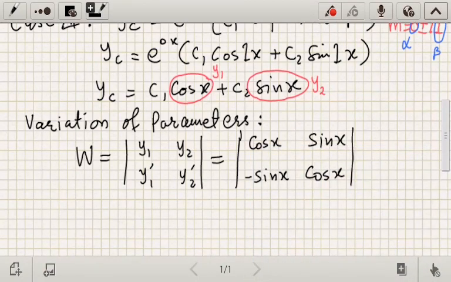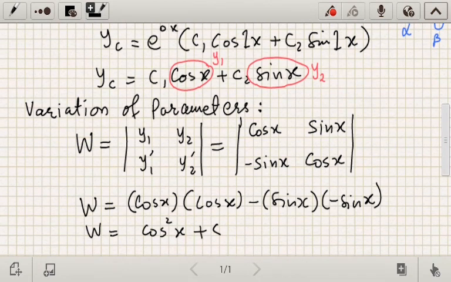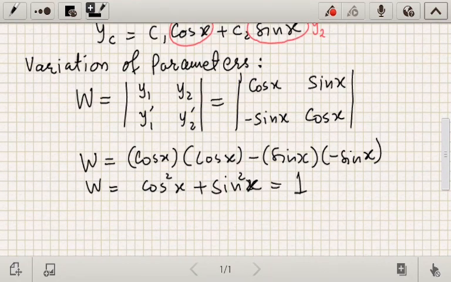So let's calculate the determinant. W equals cos of x into cos x minus sine x into minus sine x. So we get W equal to cos square x plus sine square x, and we all know from trigonometry that it equals 1. It's a good thing because we're going to have a simpler expression for the formulas of variation of parameters. The formula for u1 is minus y2 f of x